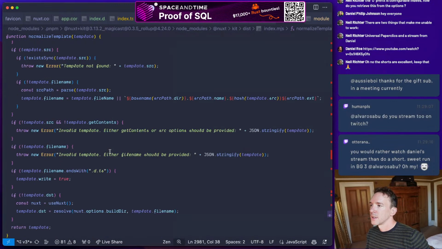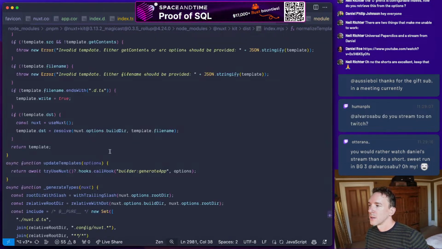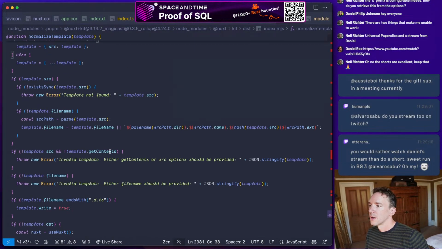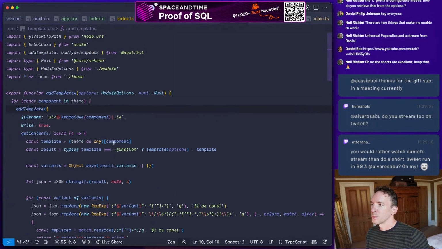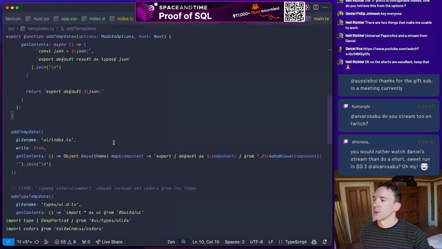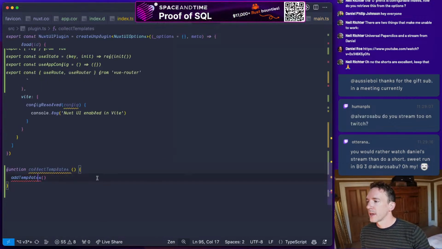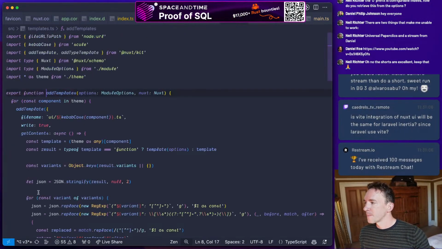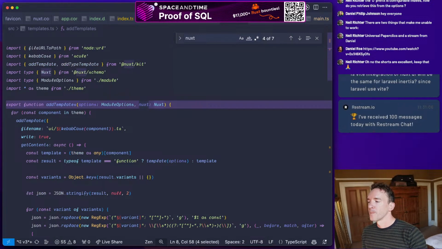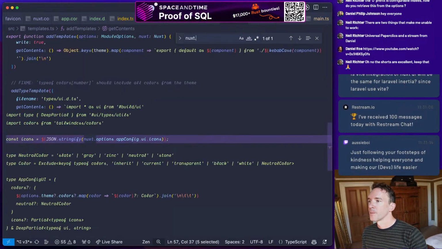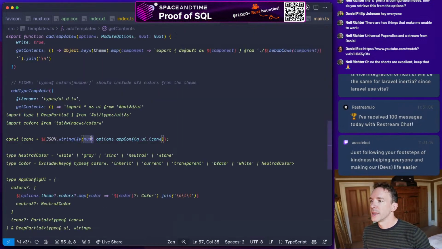And I think it might be as simple as we just provide the right kind of options to it. So we're going to say add templates. Okay, we need to know this.